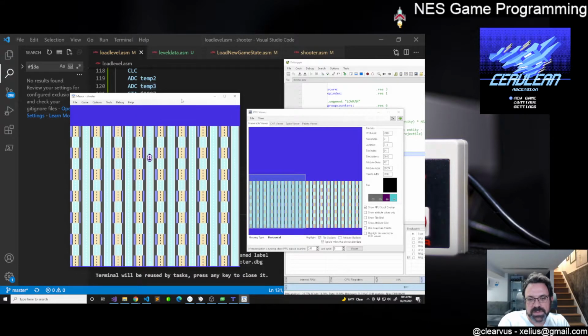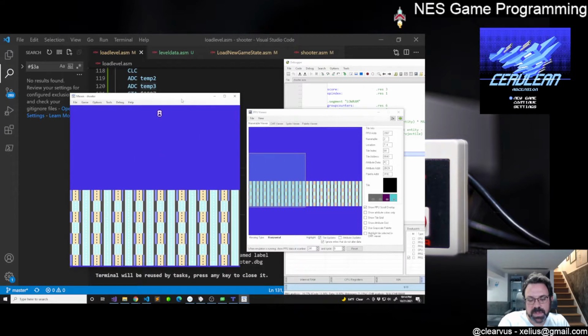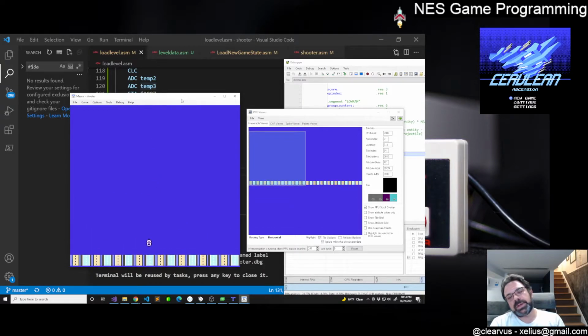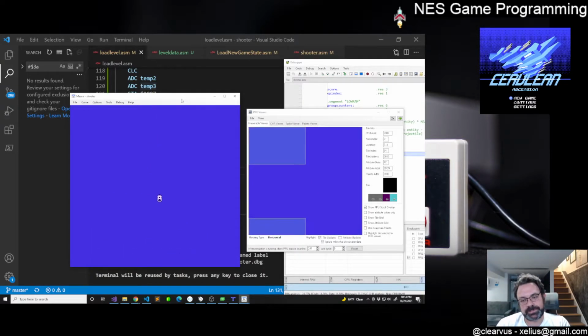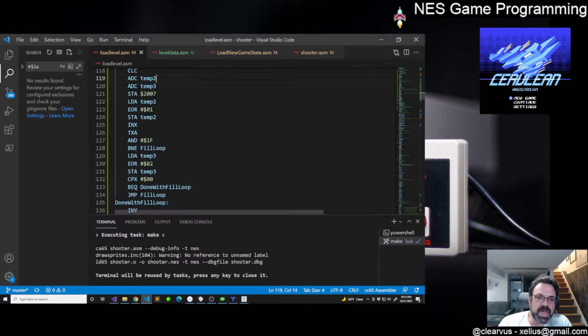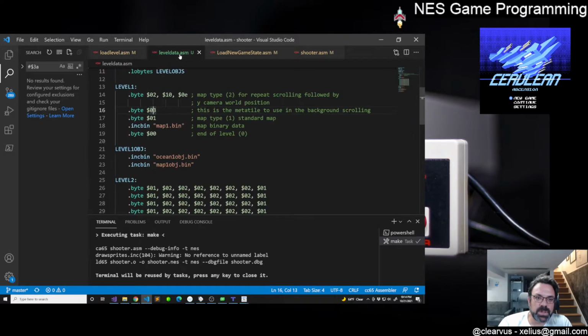No, that's interesting. I'm curious to know how much of that is because of the repeat scroll being broken, or if it's because of the way that the map is forced to transition between, because it shouldn't be doing that. It should be done here,